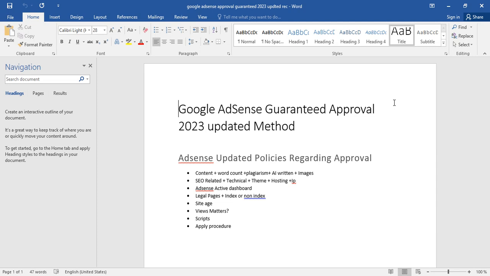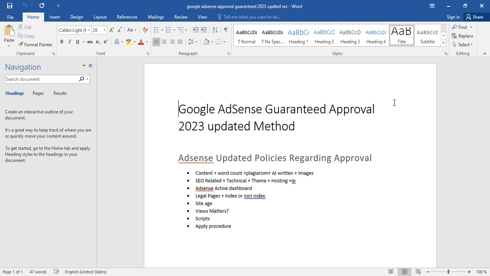The second thing about the content is do not copy the content from anyone else. Don't use tools like Word AI or Word Tune to change your content and something like that. It doesn't work in the real world, and it doesn't work for Google. Google specifically believes in content created by a human, created by a human brain.